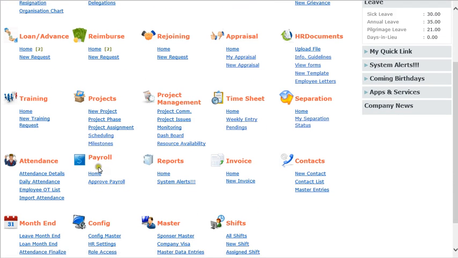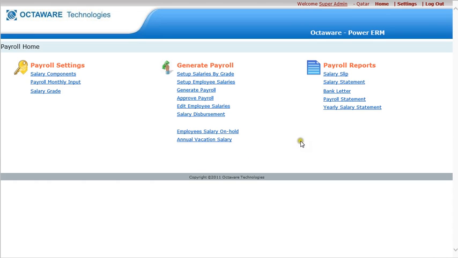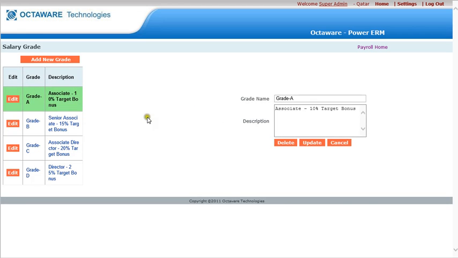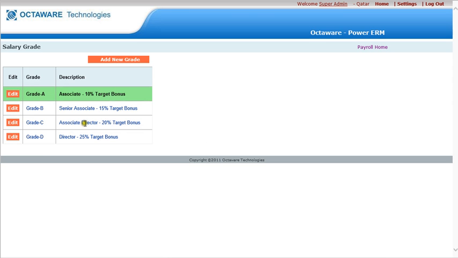Now let's go to the payroll module, where we can define the salary grades. Here we have already defined some grades like grade A, B, C and D. The description of the grade can be defined. If you want to modify something you can click on edit and then add the details of the description or modify the grade name as required. So you can define different grades over here,